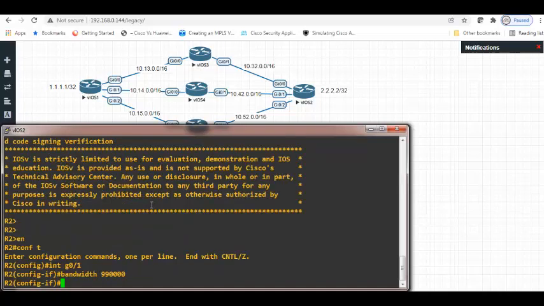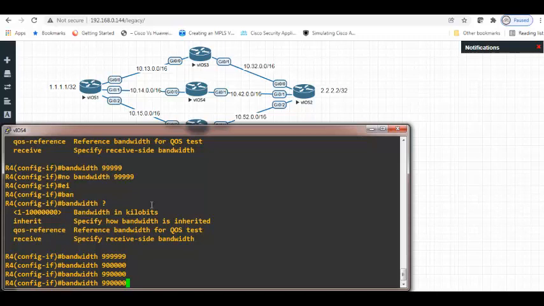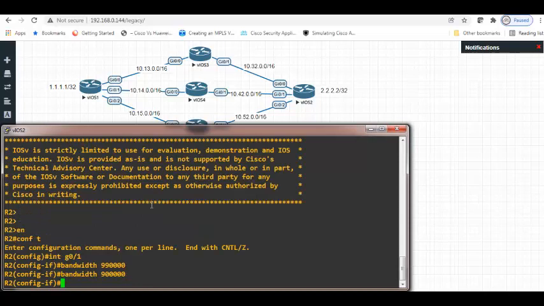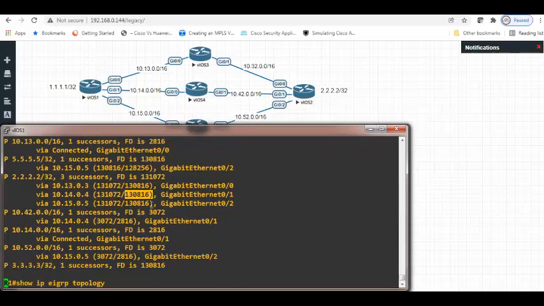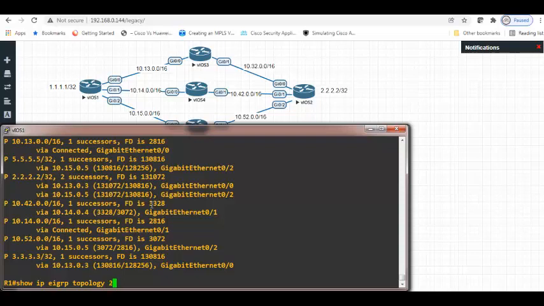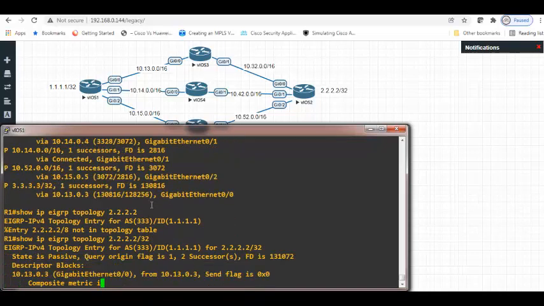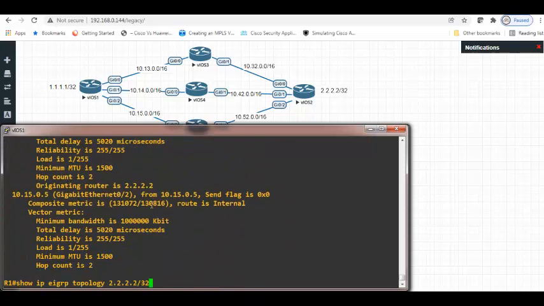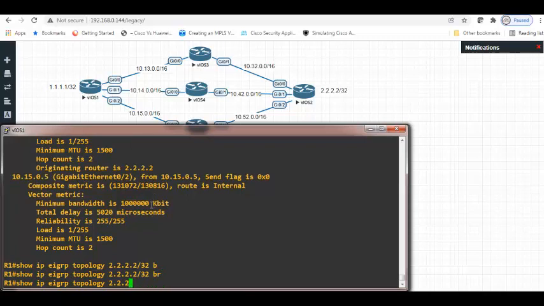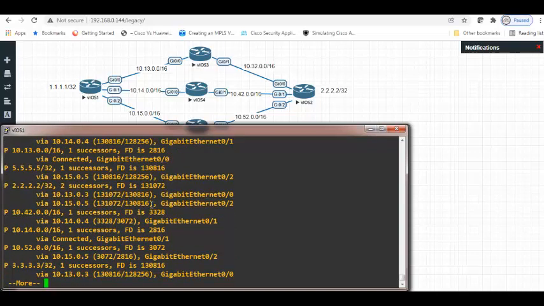But why, when I put 0 here, it didn't come? Let's wait for some time. I think when you wait some time it will come. It shows 2 paths. Give some time. Topology 2.2.2.2/32. Not in a brief. It's okay. No, completely gone. When I put 998,